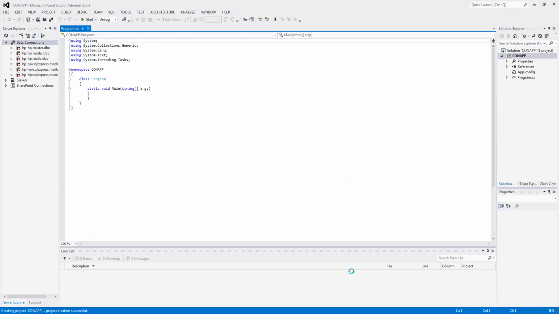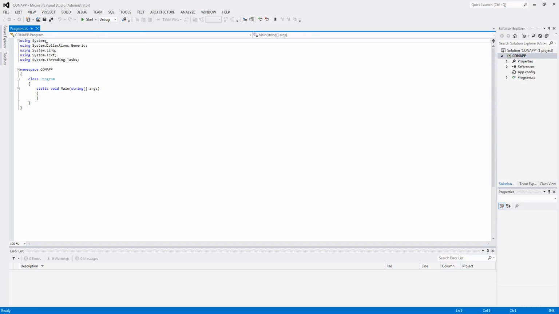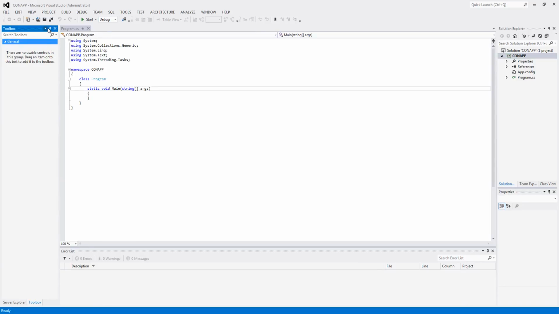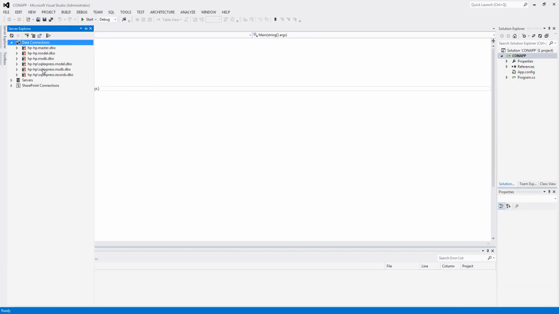As soon as I create a new project, you can see the view of the IDE changes, and there are many options here. I would like to tell you first that as soon as you create a new project, there are many changes in the debug options. This one is the solution explorer. These are the properties. Error list shows if you encounter any error in your program. This one is for toolbox. Since we have not used a Windows form, it is not showing anything. Another one is server explorer. Here you can see what databases are connected, and if you want to work on a database, you have to go to the server explorer.